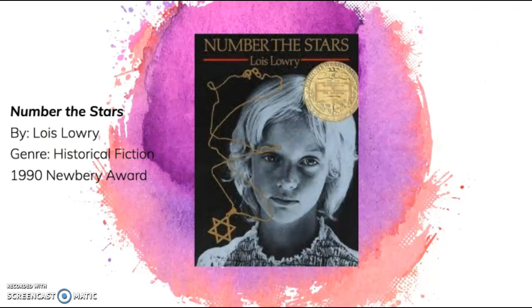Number the Stars by Lois Lowry is about Anne-Marie Johansen and her best friend Ellen Rosen. Their life in Copenhagen in 1943 involves being short on food, going to school, and the Nazi soldiers that are in the town. As the war worsens, the Jews are relocated, and to help keep Ellen safe, she moves in with Anne-Marie's family. As she pretends to be part of the family, Anne-Marie is faced with a difficult decision that could save Ellen's life.